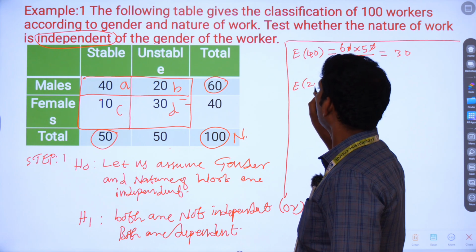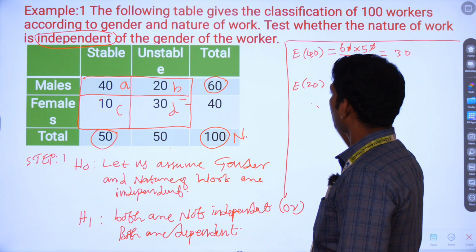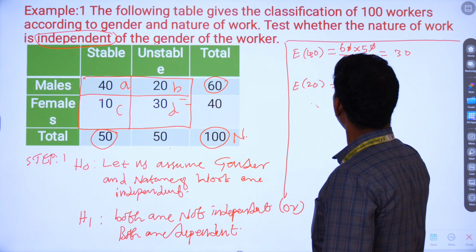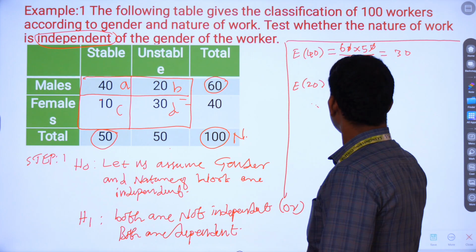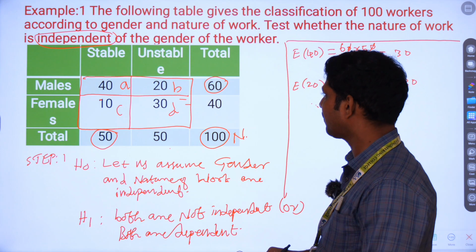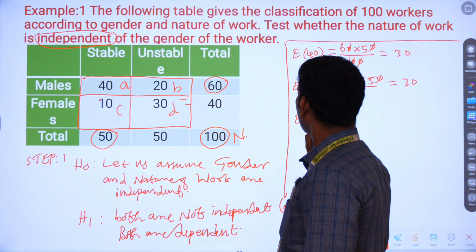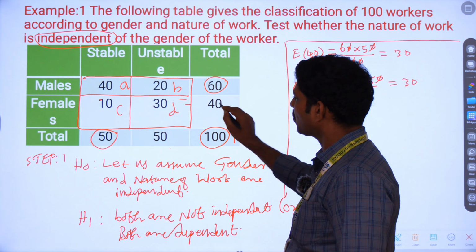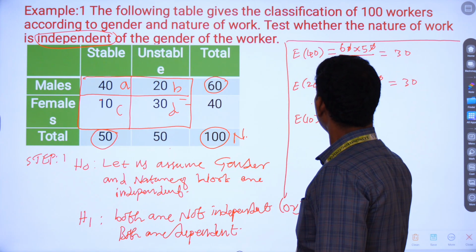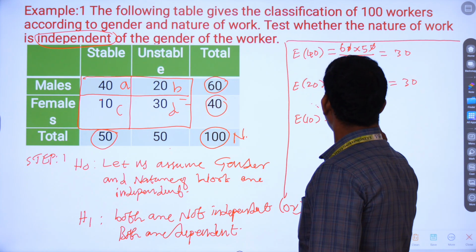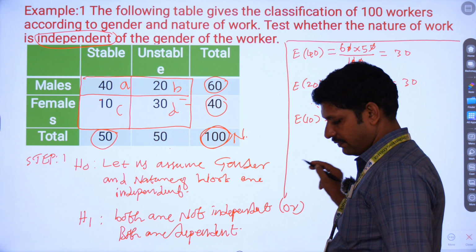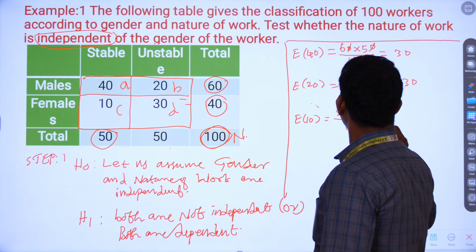Next, the expected value of 20 is equal to row total times column total: row total 60 into column total 50 divided by total frequency 100. We cancel the numerator and denominator, remaining 6 fives are again 30. That is the second expected value. For the third, the expected value of 10 is column total times row total, or row total times column total, both are the same. So I take column total 50 into row total 40, divided by total frequency 100. Again we cancel the zeros, the rest is 5 fours,